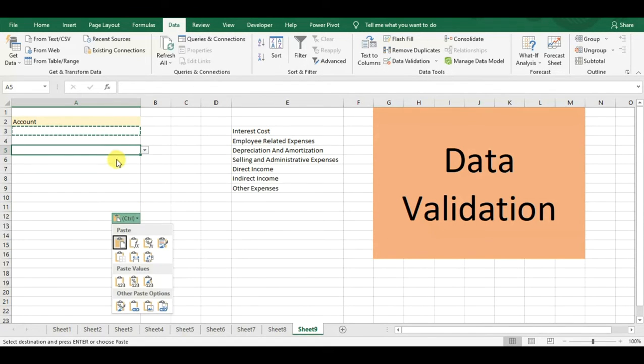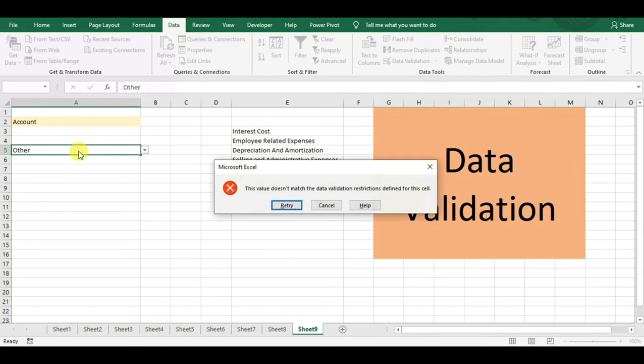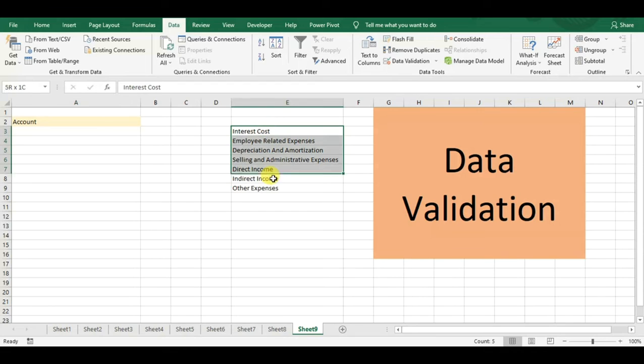So this way, friends, the cells will accept only the drop down list. You can insert from here, but if you type anything else, for example if I type "other", it will not accept it. It will give an error because the data validation tool has been used. So it is very useful when you want people to enter only the values which have been specified by you. And this list can be on another sheet also. It need not be on the same sheet. It can be taken from other sheets also.